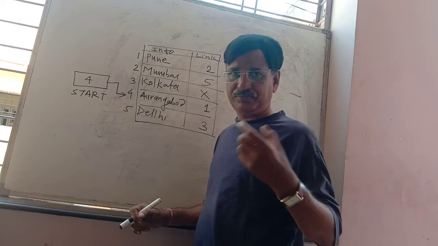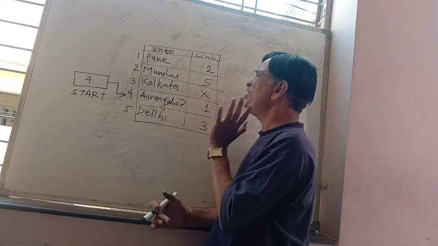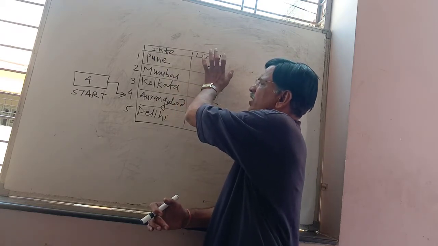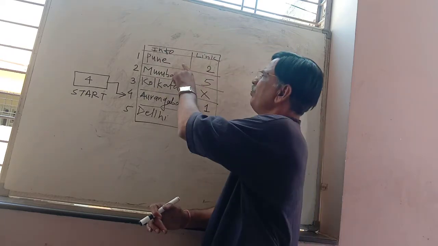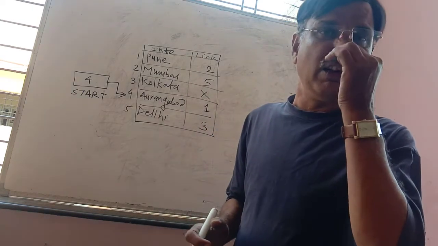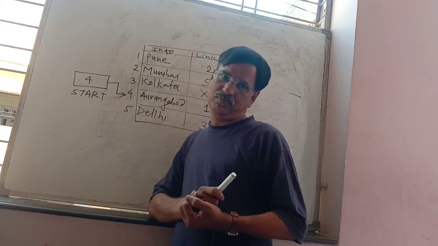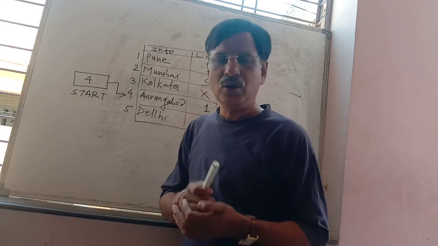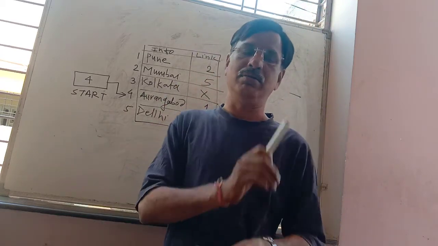But here, a linked list is a collection of nodes where each node is divided into two parts. That is, the first part is the info part, the other part is called the link part. The info part gives the element, whereas the link part gives the address of the next element. Apart from this, it will require one more variable that is called start. So start is the variable that will give the address of the first element.